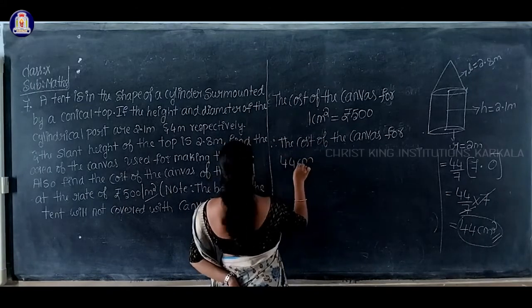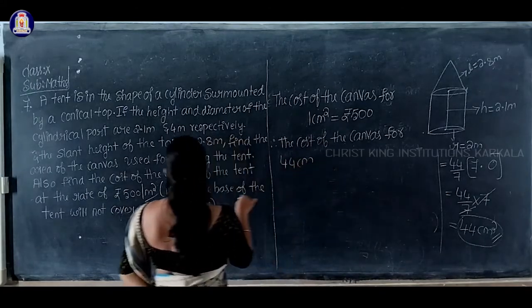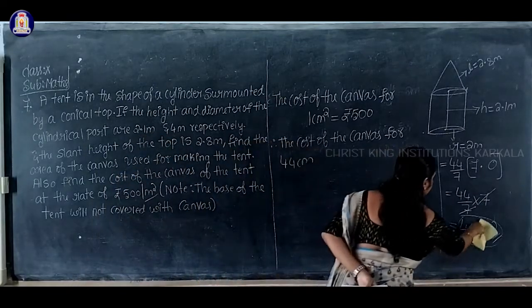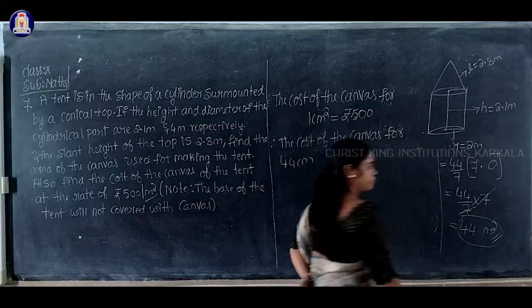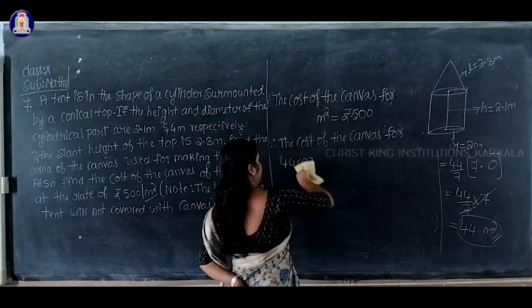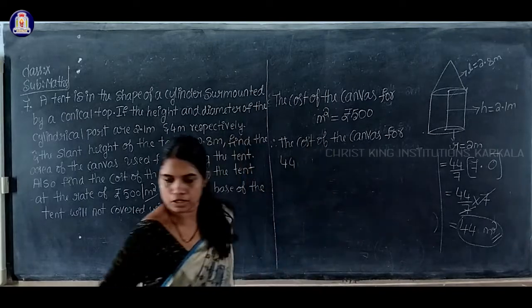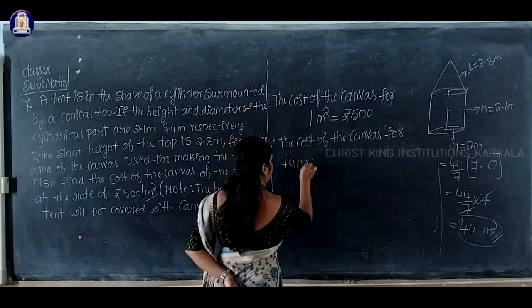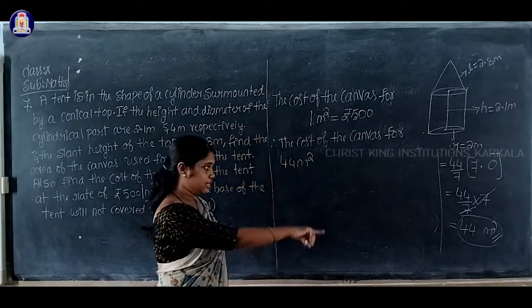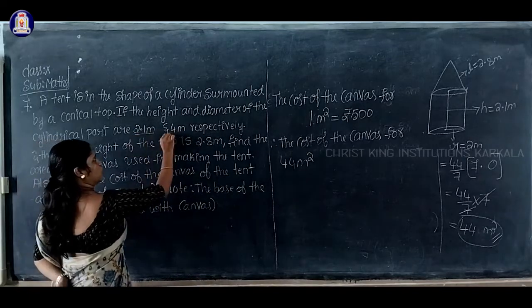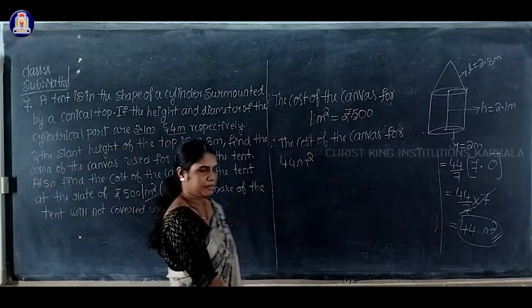44 centimeter square. Okay, this is not centimeter. Actually in the question they are given in terms of meter. So therefore write it in terms of meter only. Okay, not centimeter. Okay, meter. So for 1 meter square, so therefore 44 meter square. Don't write centimeter because in the question here all the informations are given in terms of meter, isn't it? So therefore write meter only.